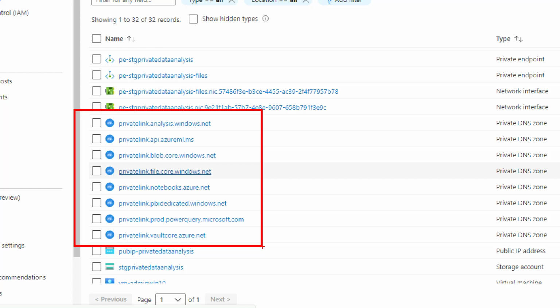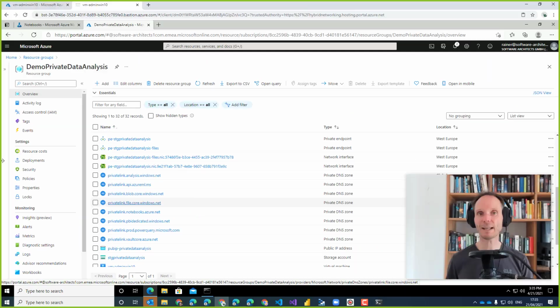So I have a private environment in Azure, although everything is running in public PaaS services, which would otherwise require me to use public endpoints through public IP addresses, and I would really have to embrace a zero trust networking approach here, and not all companies can do that. So this is a more advanced scenario that I wanted to show you here.